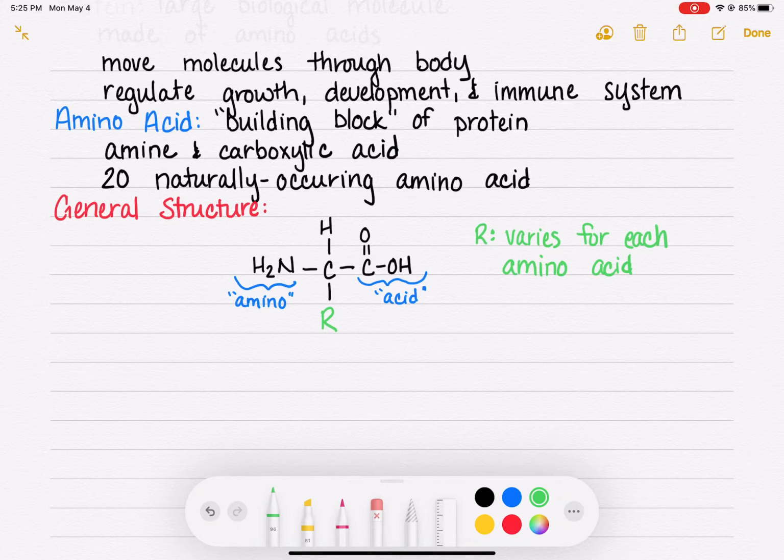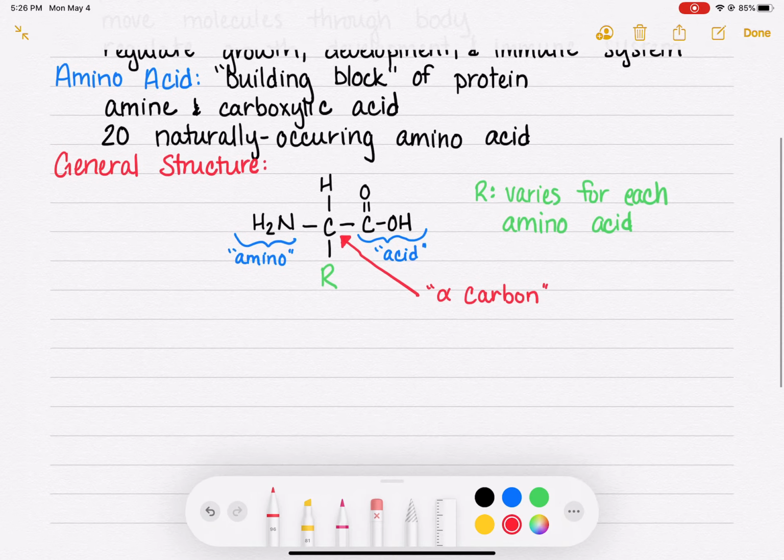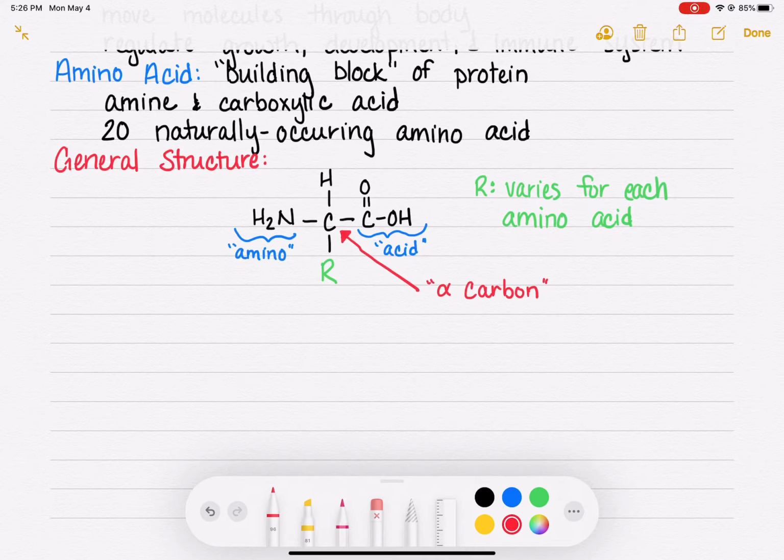One more thing that I want to put in here for notation, you're going to see this come up at different times when you're working on homework. That carbon that's straight in the center of the amino acid is sometimes called the alpha carbon. So just kind of keep that in the back of your head. So this general structure of amino acids